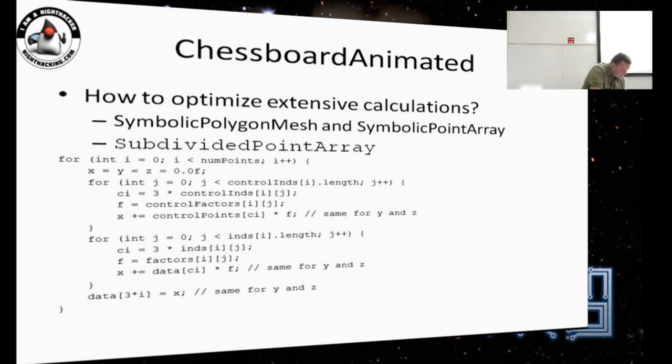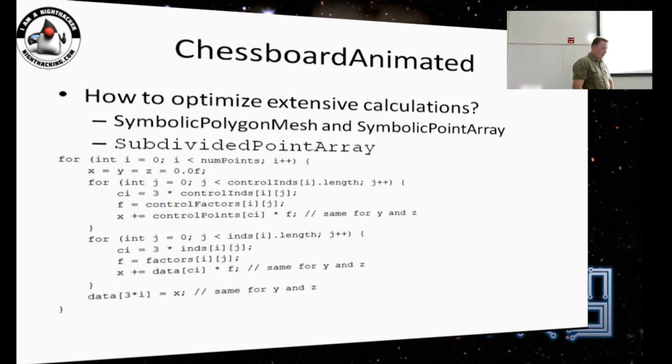I don't want to go into these details actually. It looks too complicated, but for someone who wants to understand how this all works, the 3D viewer code is available, and I can guide you through it. But the main idea is that instead of calculating all the points each time, we actually store formulas for calculating them.